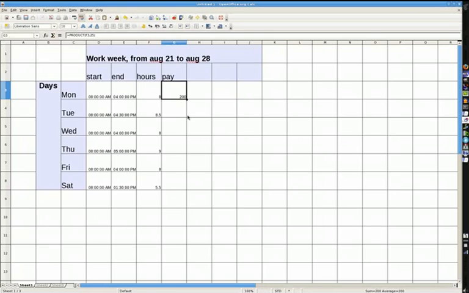Let's do that again in this cell with the GUI, the point and click stuff. Alright, and this time we need F4, the data from F4, which is the total number of hours worked that day, and we need to compute that against our pay rate to display it here. So click on G4, then click the